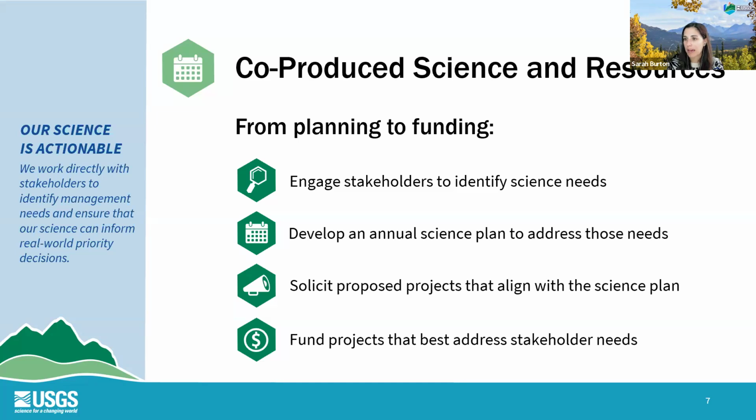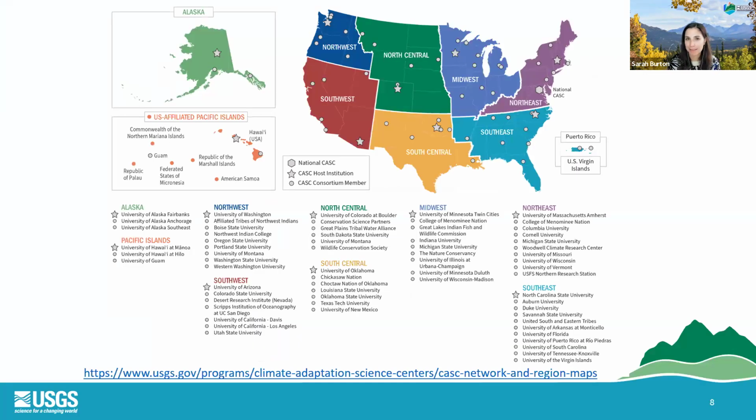So with that, I just wanted to put a plug in to bring this map back up so you can see once again the list of organizations, largely universities, that are consortium members. What are consortium members? The consortium members are the institutions that can receive funding through our program. However, you can be a partner and collaborate with one of these entities if you're not a part of one of them. So that's a great way to enter into the space of working with the climate adaptation science centers